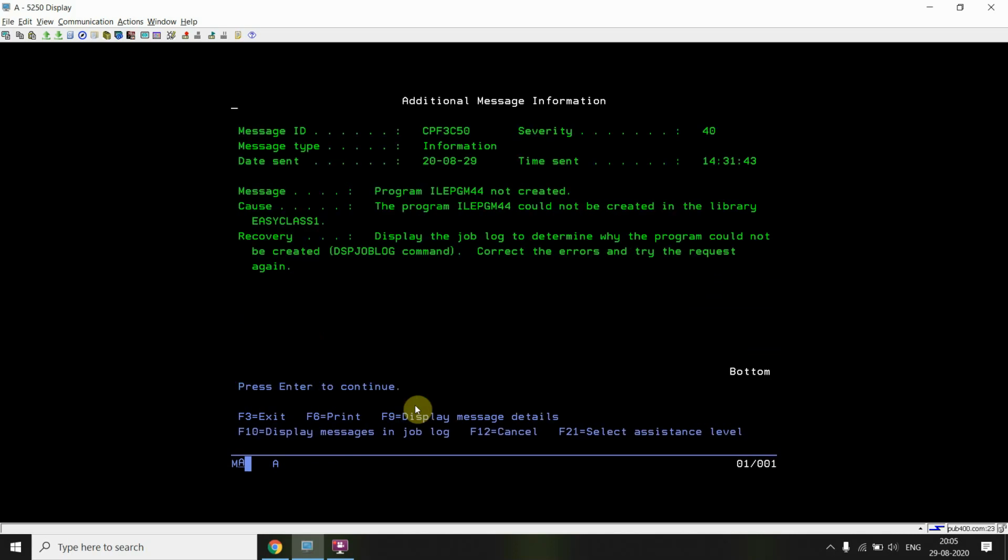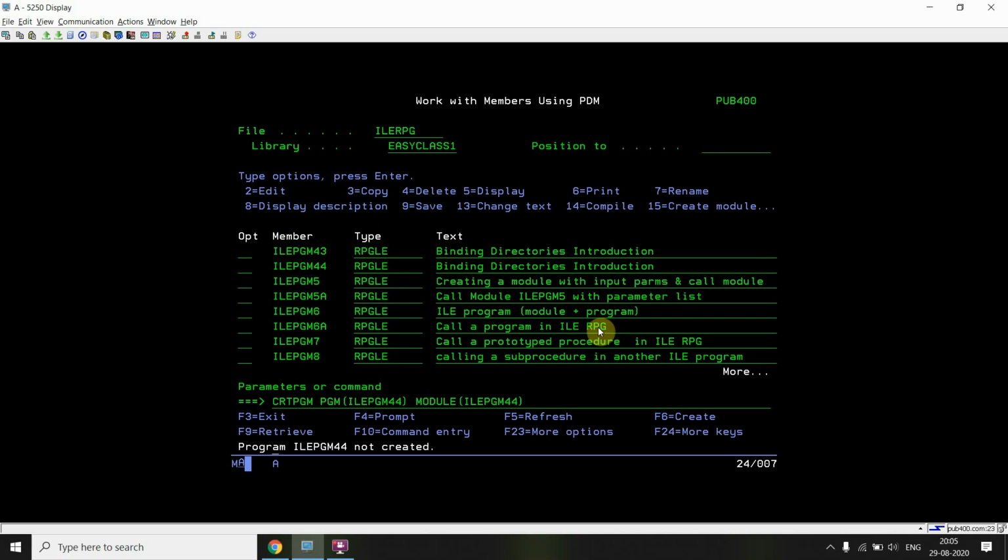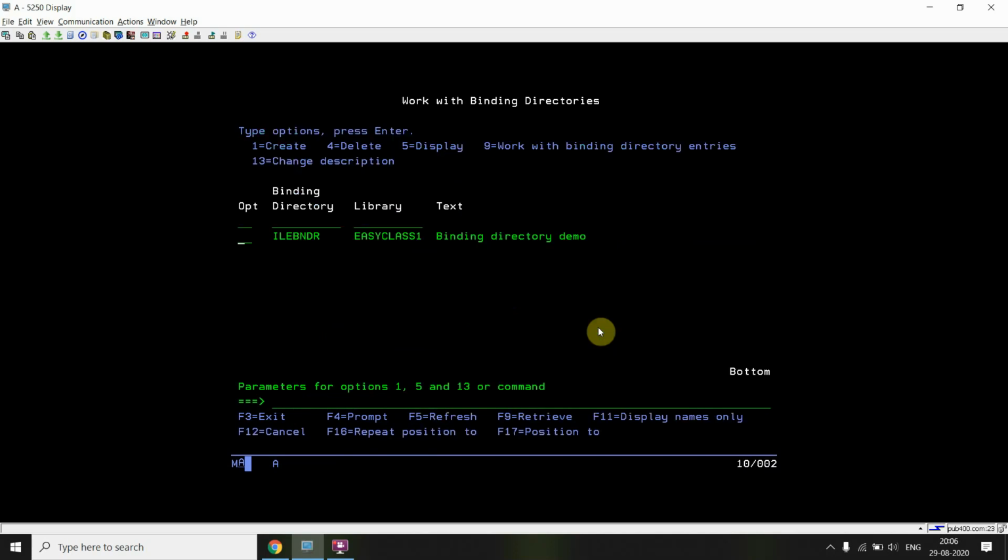F1, F10, Shift F6. Definition supplied multiple times for add or subtract symbol. Yes, sure, this is the thing I wanted to show you, because I have already added those modules. Let me do WRKBNDDIR, BNDR.